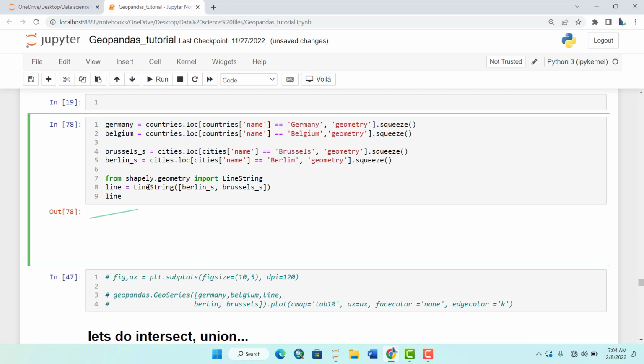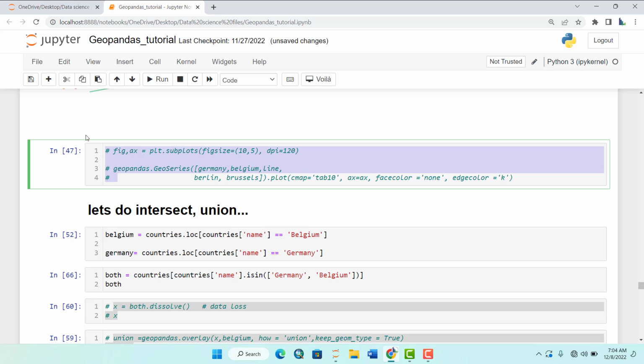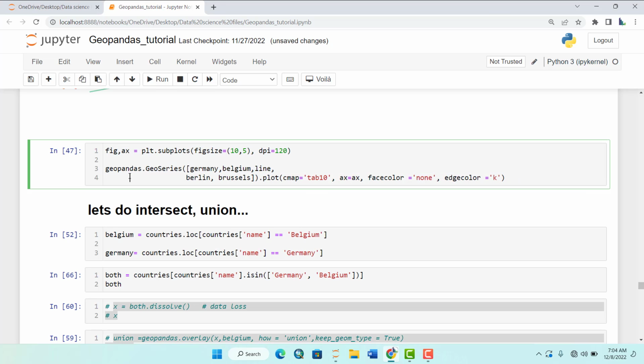Then we have a line string object from Shapely. I am passing Berlin and Brussels in that line string. Now when I see line, it's a line, you see. Now to visualize the line on a map,